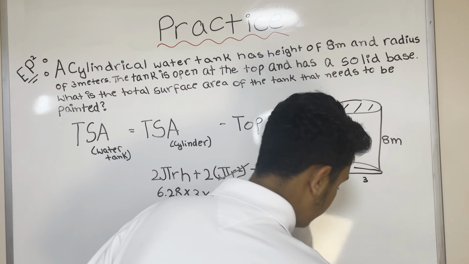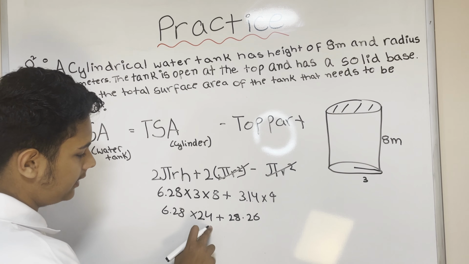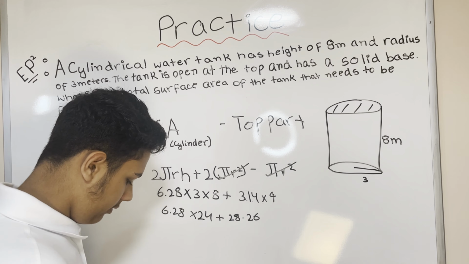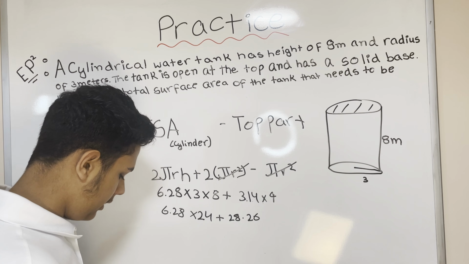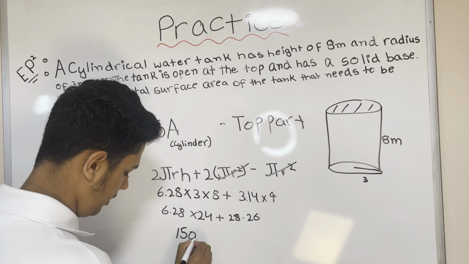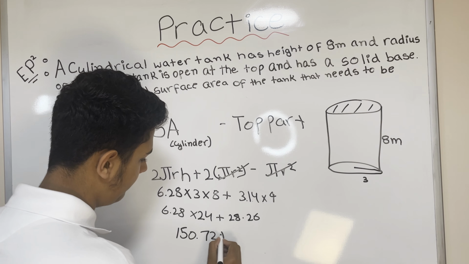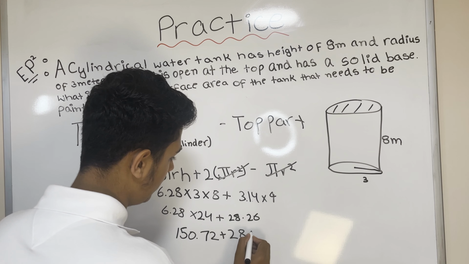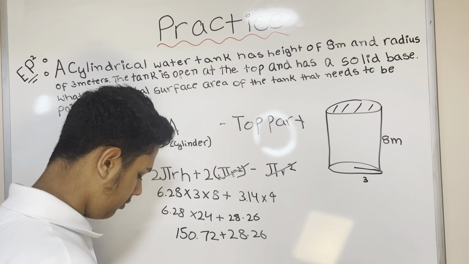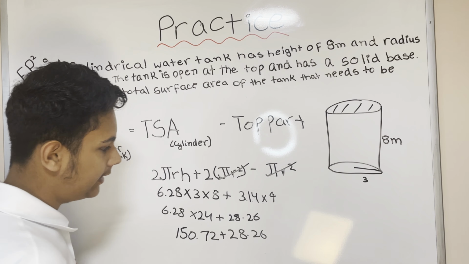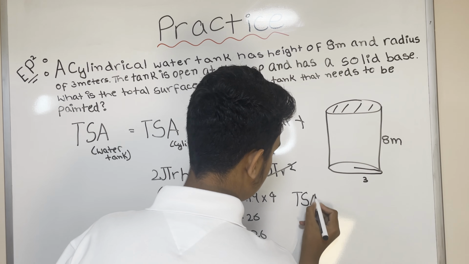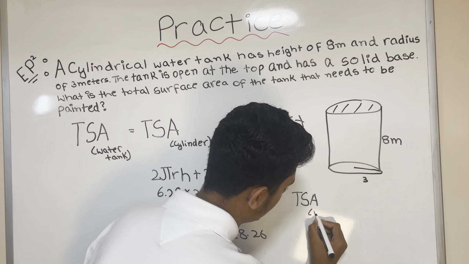Now according to BEDMAS, we need to multiply these two first before adding this. So if we put it on a calculator, we get 150.72 plus 28.26, and if we add 28.26 to this, our final answer,